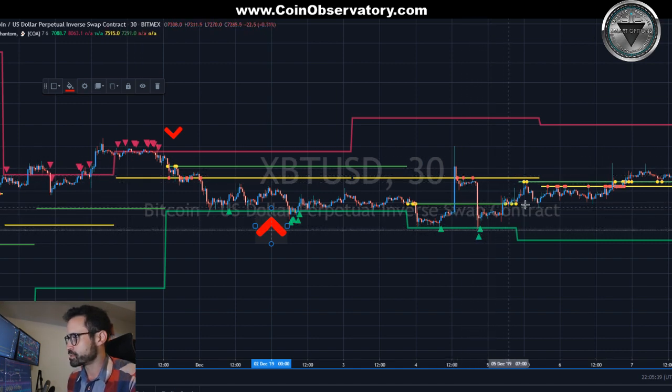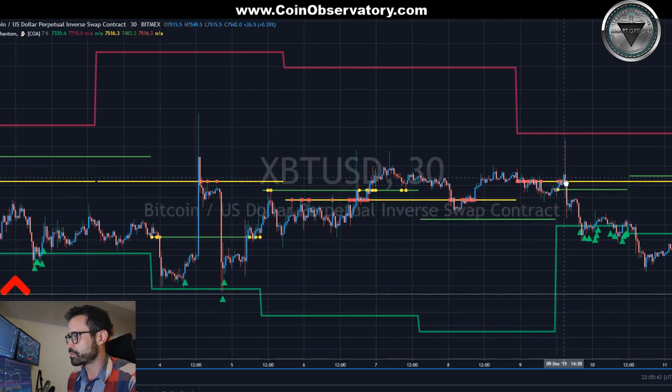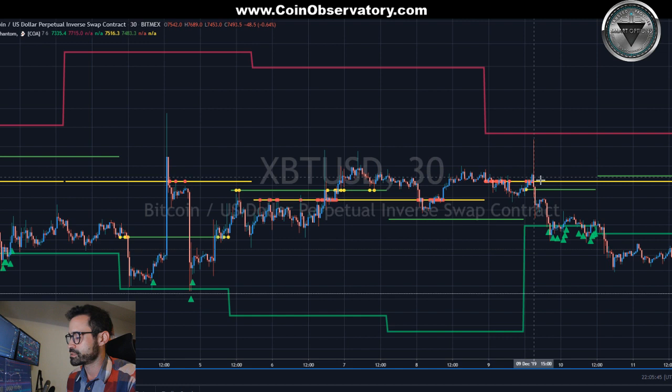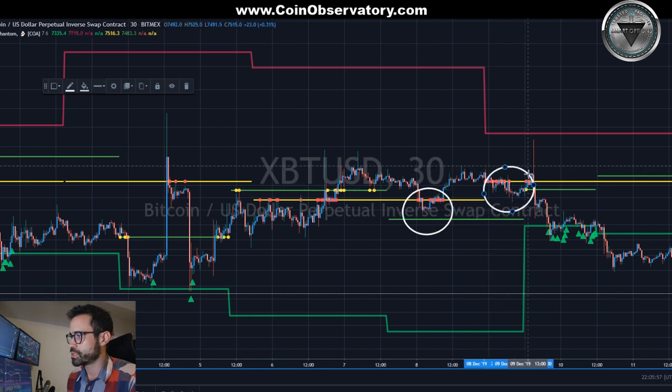Buy signals, target 1, target 2. And then here we're getting, once again, rejection at the midlines, right? So it means the trend's turning bearish. When we get this bullish type of rejection on a Phantom Script midline, we're going to expect the rally to continue up until it starts closing and rejecting at the next